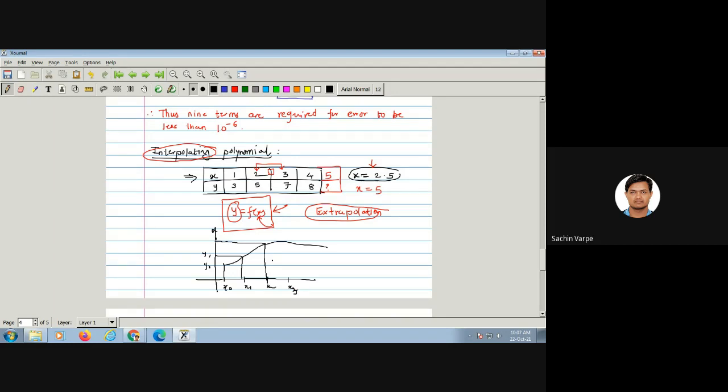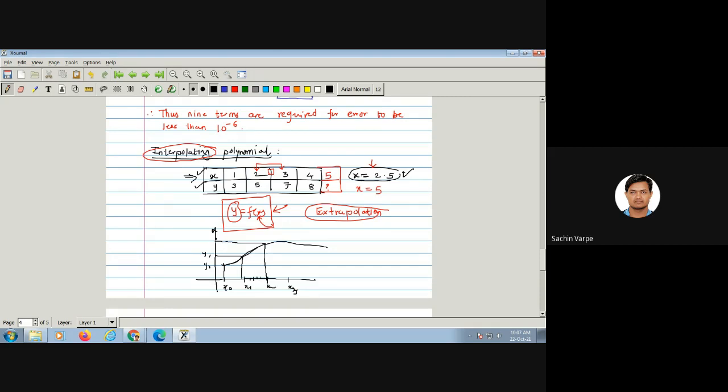So with these observations, if we are given just values of x and y, then we don't know the nature of the curve, and if we are asked to find the value at 2.5, we cannot get it directly from the table of observations. So from this, we are going to find now the polynomial which represents this curve function, and then from that polynomial or from that curve we can get any value in between the observations.